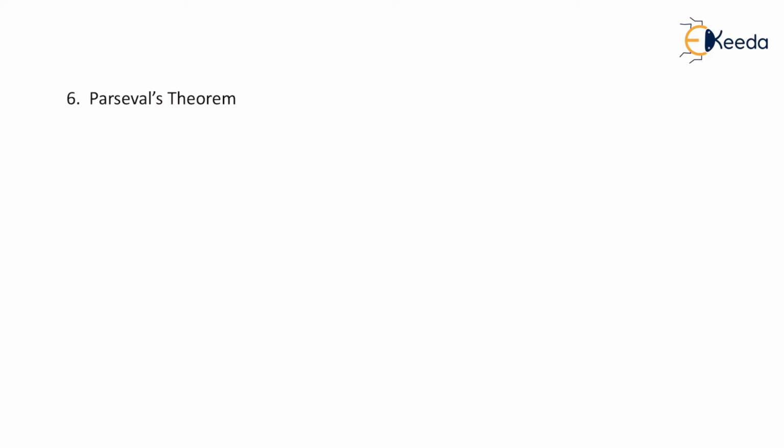I repeat, when we studied energy and power signals, we have already seen that for periodic signal, we calculate power and not energy. Every periodic signal is by default a power signal. So when it comes to Parseval's theorem, in case of Fourier series, we don't go for energy calculation, we go for power calculation. And how do we calculate power for a periodic signal? I'm sure you remember.